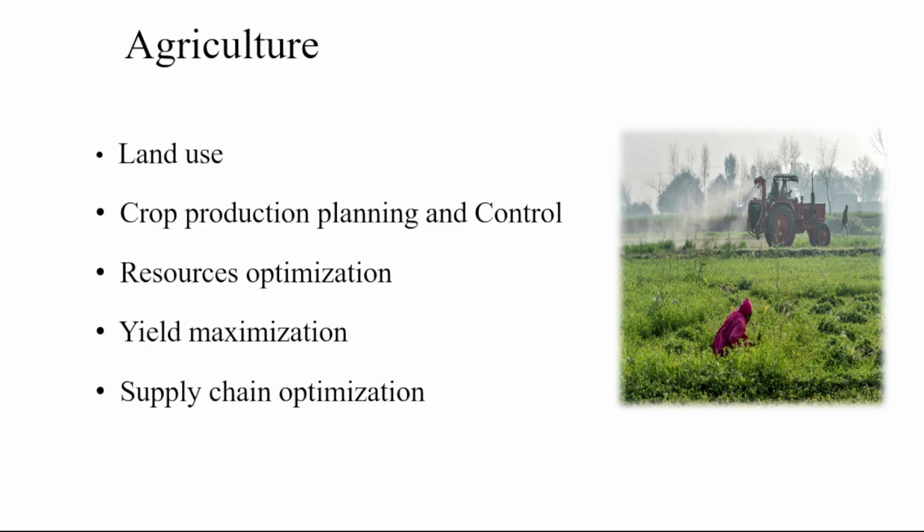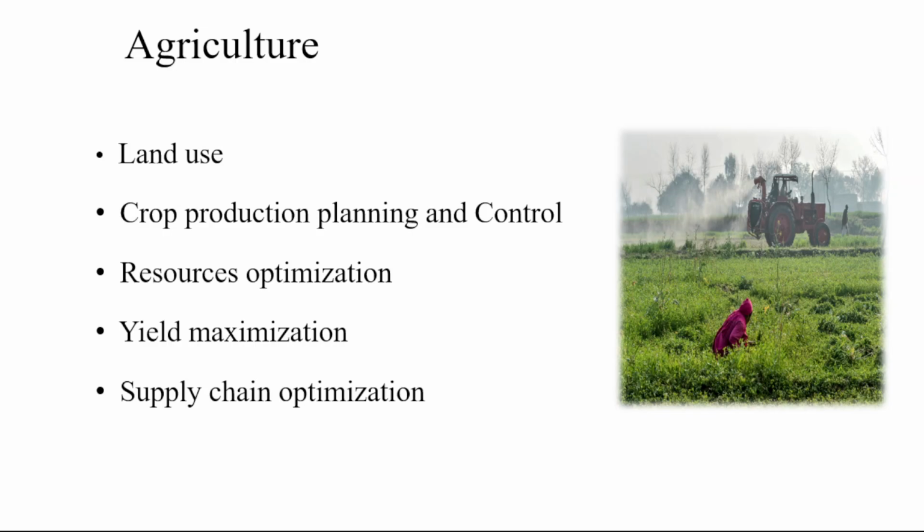If you can't do that, operation research will help you for that. Using an operation research model, you can assign different land to the different crops so that you can maximize the yield or profit from that land. Crop production planning and control, resource optimization, yield maximization, and yes, supply chain optimization of agriculture can also be optimized